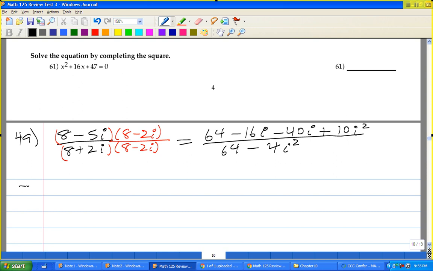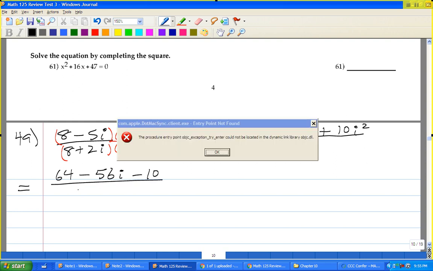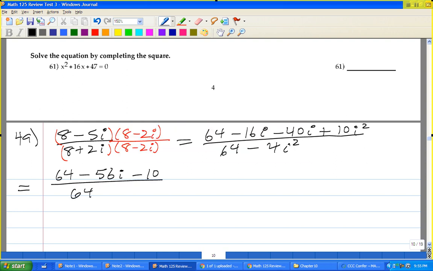And so this is equal to, again, i squared is negative 1, so this is just 64. Minus 16i minus 40i is minus 56i. And again, i squared is negative 1, so it's minus 10 over 64. Minus 4i squared, well, again, i squared is negative 1, so this becomes a plus 4. And so I get 64 minus 10, 54,